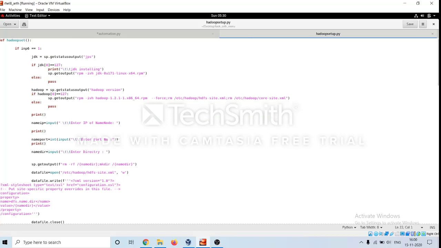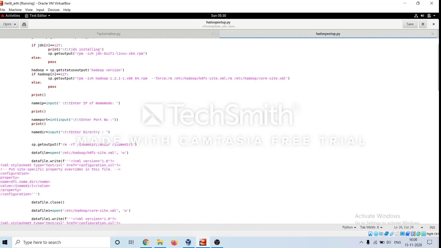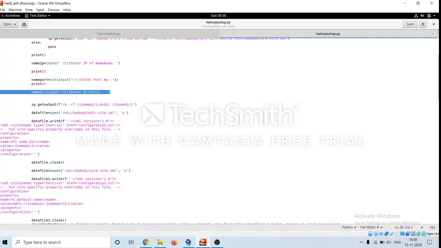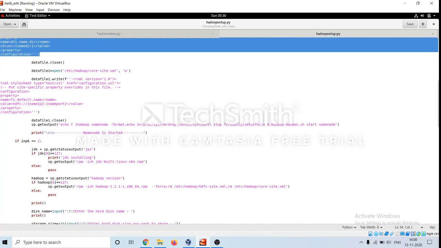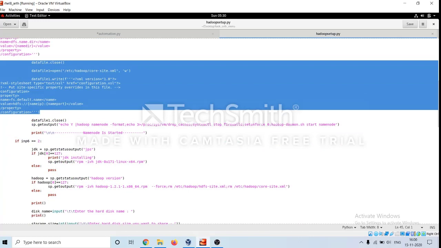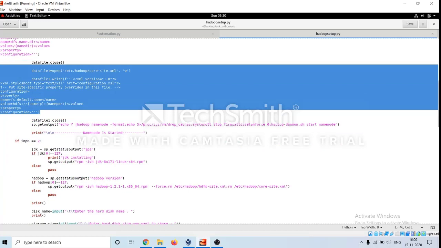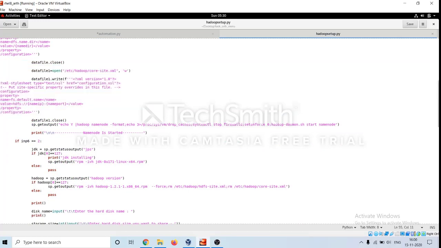It will ask the user for the IP of the name node, the port number, and the directory where we will store all the information, like metadata of all the files. So this is the configuration of the hdfs-site.xml of name node. Similarly, this is the core-site.xml, where the protocol that we will use is hdfs, the IP and the name node port.